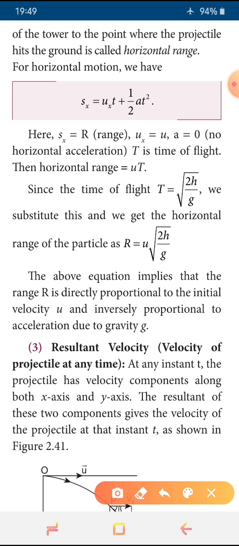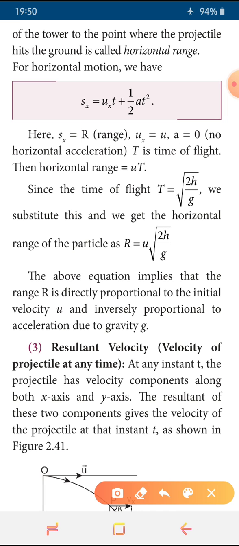Okay, horizontal range we know and time of flight we know. Then the range can be written as R is equal to u times square root of 2h divided by g. Since acceleration is 0, the second half will vanish completely. Only u x t remains. We can write ux here, after substituting the value, we got